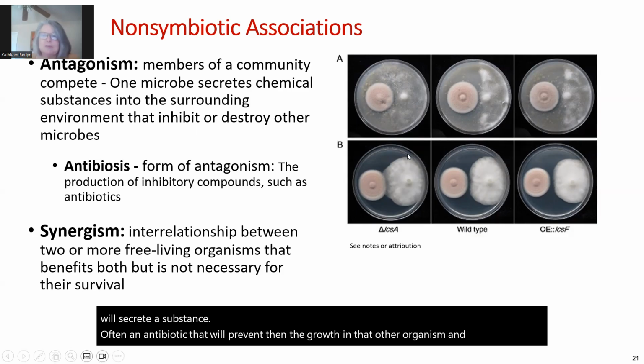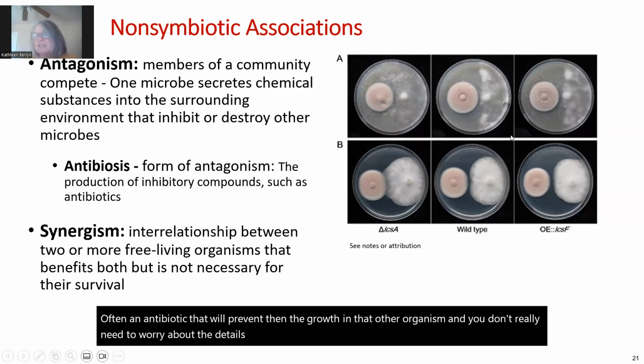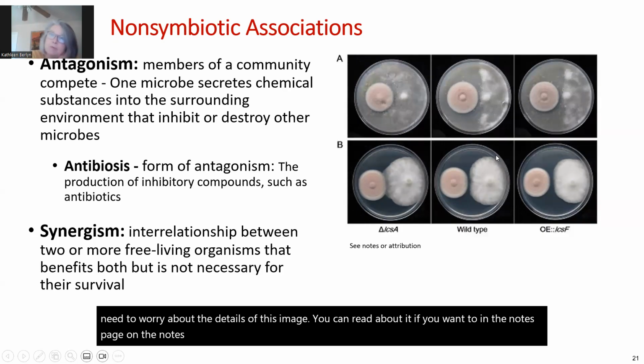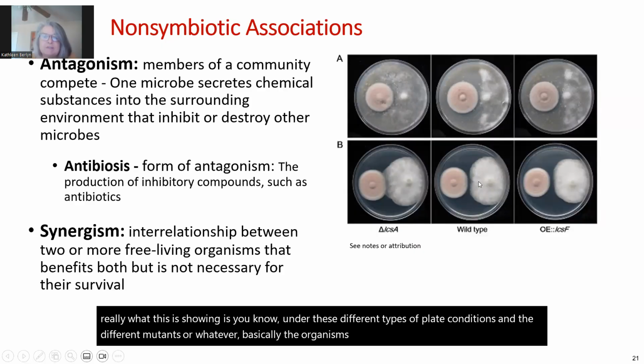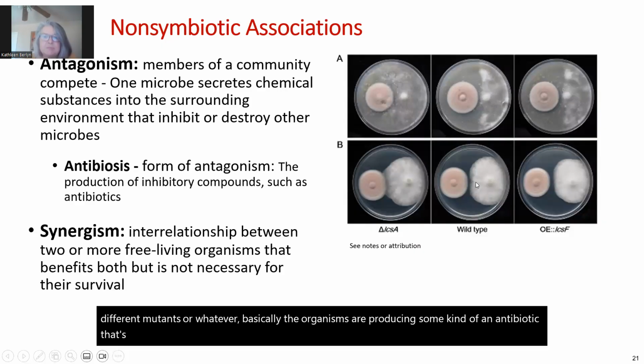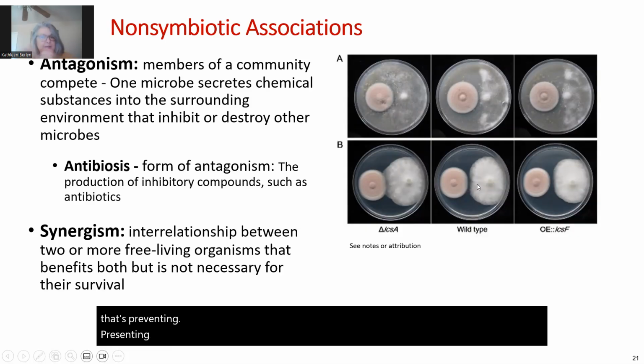And you don't really need to worry about the details of this image. You can read about it if you want to in the notes page, on the notes part of the PowerPoint. I have posted that information there for you. But really what this is showing is, under these different types of plate conditions and the different mutants, basically the organisms are producing some kind of an antibiotic that's preventing them from being able to grow over each other and come in contact with each other. And so this is a type of